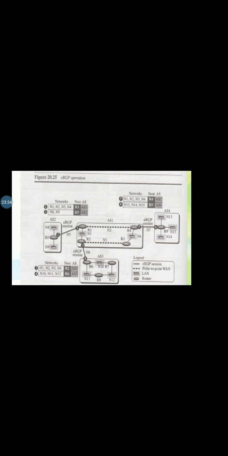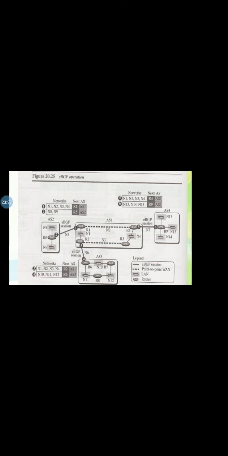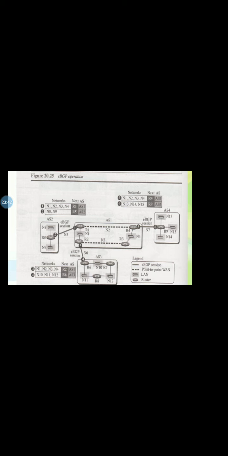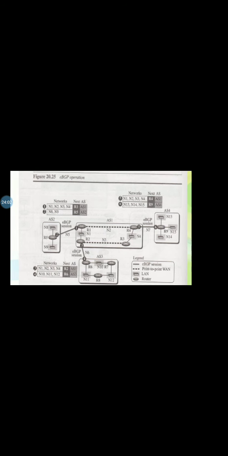You can see routers R1, R2, R3, R4, R5, R6, R7, R8 and R9. The pairs are R1 to R5, R2 to R6 and R4 to R9.